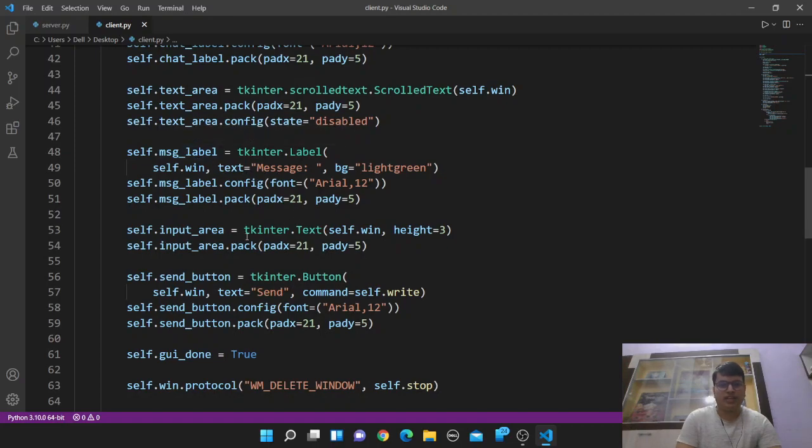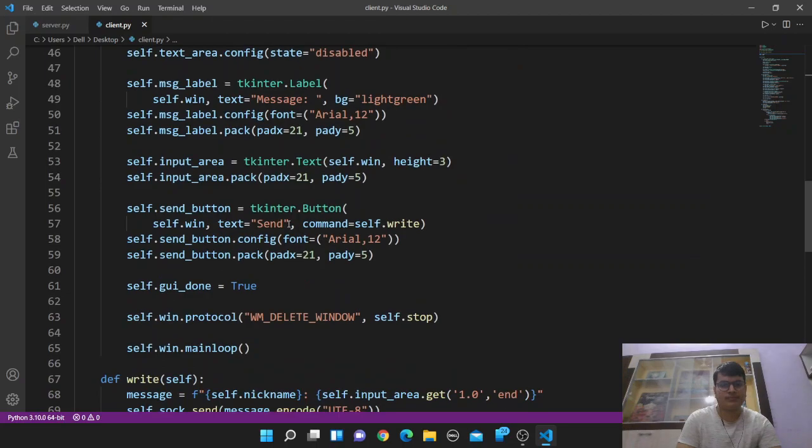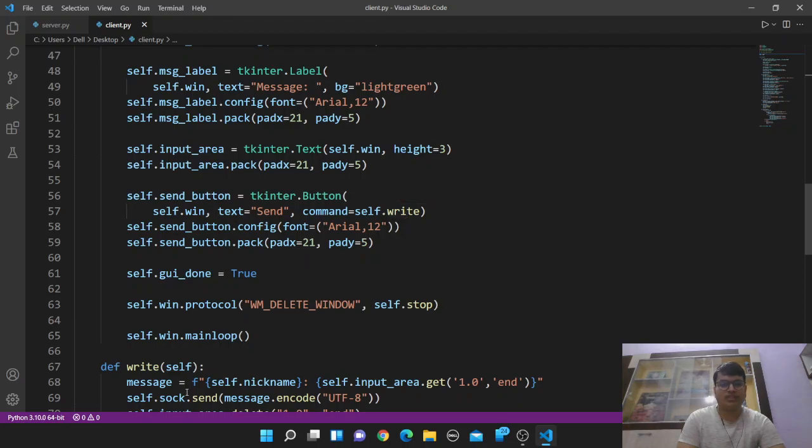Now here is the input area. Here we will write the messages and here also I have set the font and padding etc. Now we will add a send button. The function of this button is to send the message that we have written. So I have set the command to the write function which is defined here.